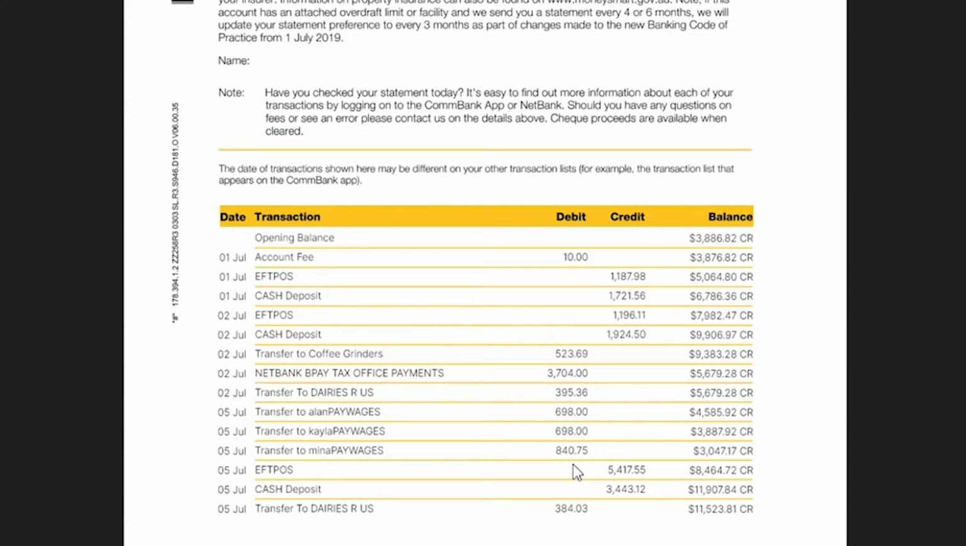So here are the transactions. Money going out are your debit columns and money going in are your credit column. So you can see, the money going out is because it's bank fees on the 1st of July. And the next particular transaction is an inflow from EFTPOS, $1,187. You have cash deposits, some more EFTPOS, some more cash deposits, and then you have transfer for coffee grinders, and you can see that